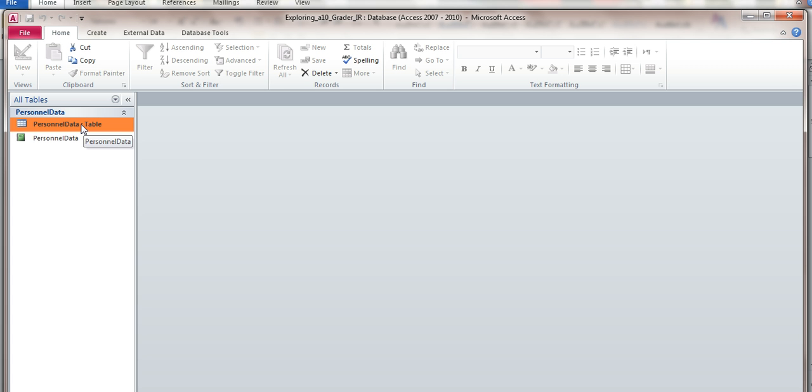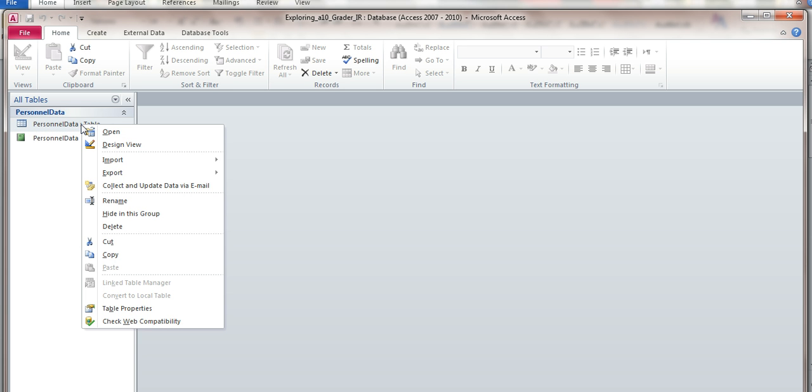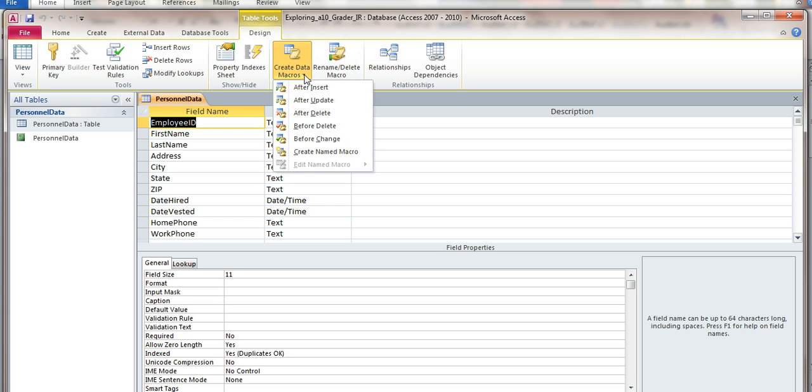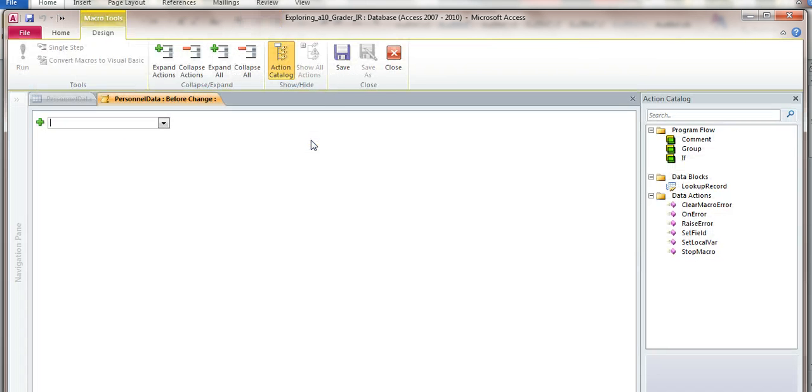So on that step, right click on personnel data table, select design view, and you'll see in the table tools create data macros. Click on the drop down arrow and select before change. You'll see the drop down arrow there. Choose set field,